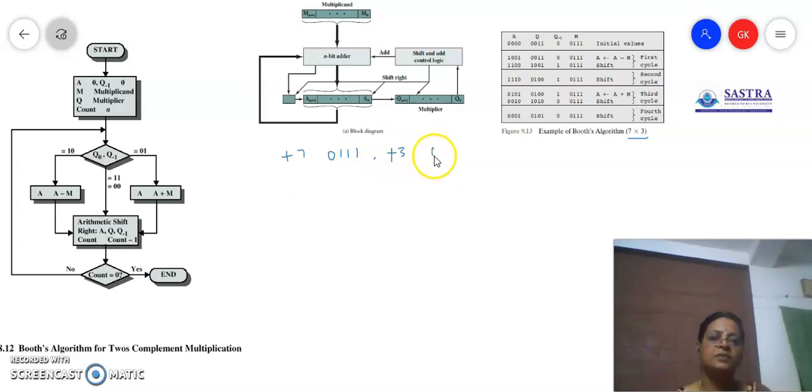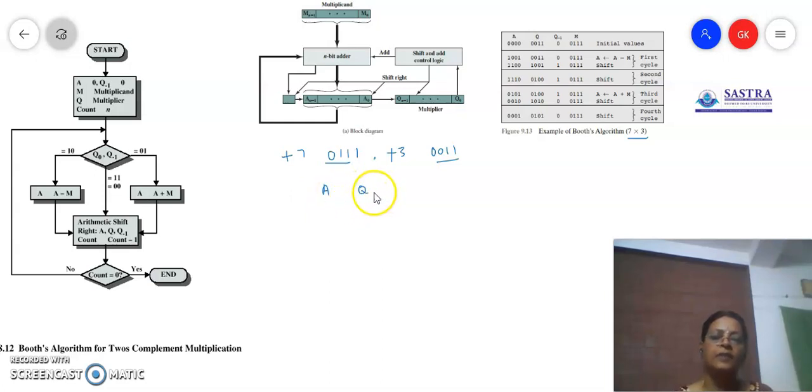For plus 3, it is going to be 0, 0, 1, 1. So these are going to be the two input operands for us. We are going to trace. First, let us look into the flow chart. Start. So we are going to initialize the registers. We are going to make use of the register A, and we are going to make use of the register Q. And when we are